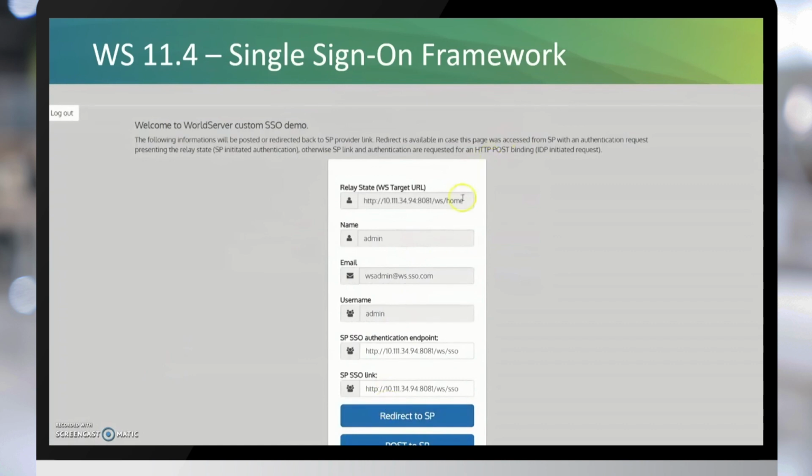I'm going to again, just to show you, it doesn't have to be the home page. You can redirect somebody directly to the project pages. You can take them directly to transport if they're only a transport user. Depending on what user type functionality is required for the individual users, you can customize this and take them to individual pages. So again, I'm trying to describe something that you wouldn't normally see. The idea being that it simplifies, from a corporate perspective, the user management aspect with WorldServer, so that I can use my own corporate credentials to